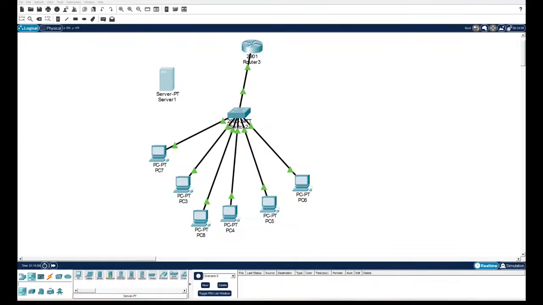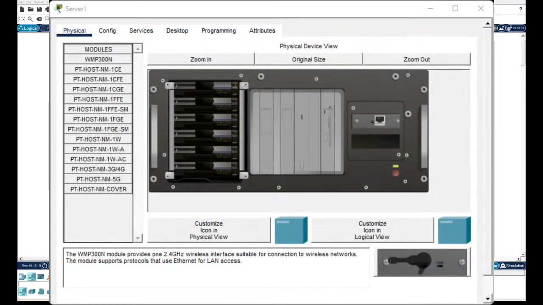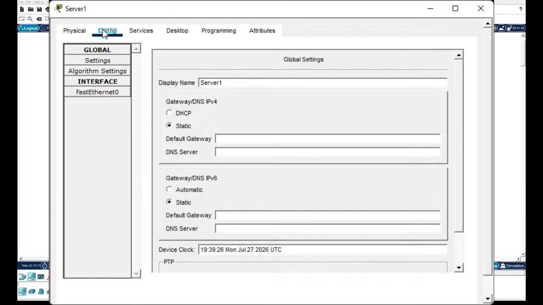So this is the screen. So let me share with you. So this is the screen for the server configuration. So you click on config,